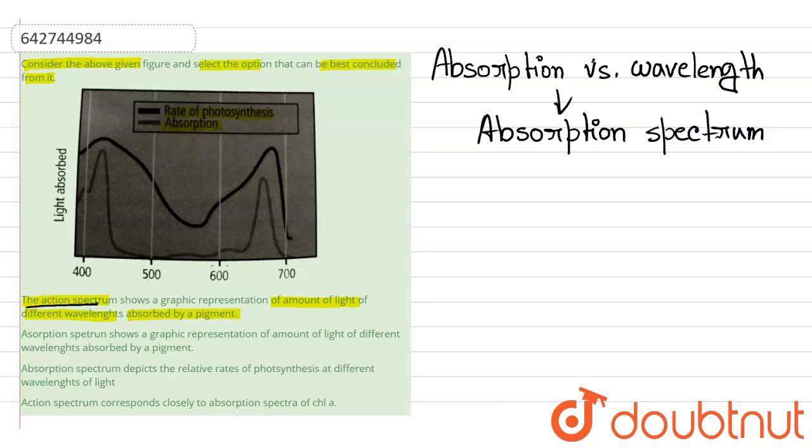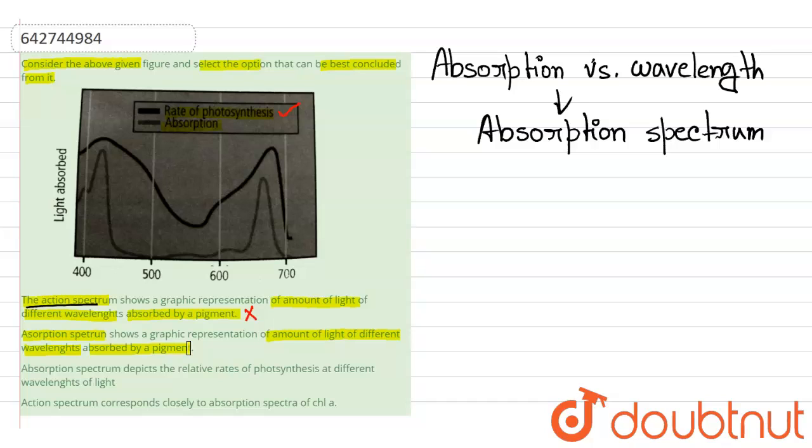So if we think about action spectrum, we need to mention the rate of photosynthesis because this is the action, and absorption spectrum will have the absorption rate. So this is a wrong statement as it is stated as an action spectrum. And the second statement is the absorption spectrum shows a graphic representation of amount of light of different wavelengths absorbed by a pigment. So this is partly true as the absorption spectrum will have the absorption versus wavelength graph, but